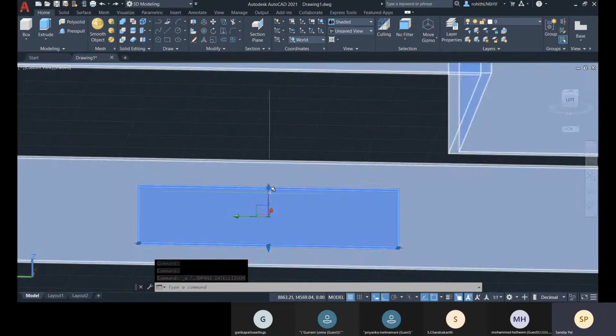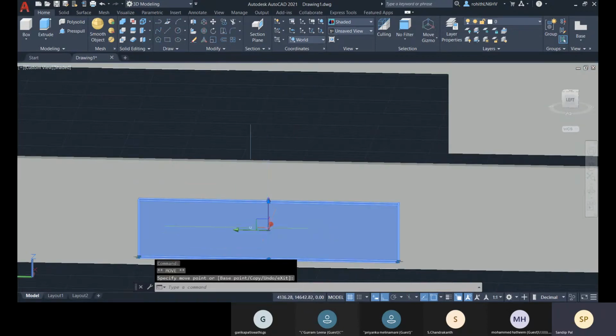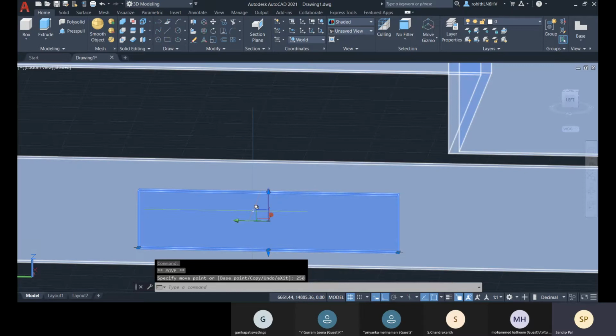Let me select it, and here let me show you like this. You can change the position, and while moving it, you can type the value, like let me type the value like 250, enter, and there you can see.